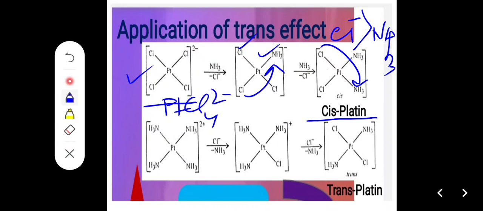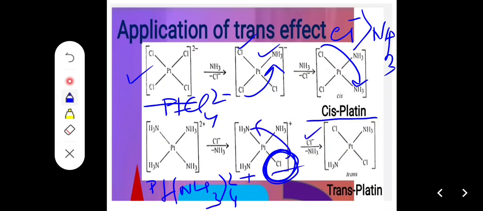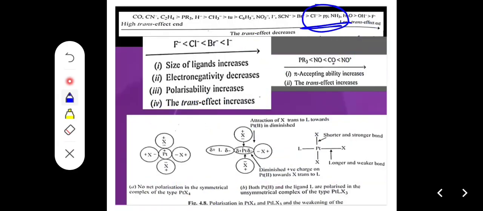Similarly, platinum (NH3)4 2 plus, there should be all NH3. So Cl can be replaced in any site. Now Cl having more trans effect than ammonia. So when Cl comes in, the next Cl should go to its trans position. Cl directs the other Cl minus to its trans position. So we get transplatin. Now this is the trans effect series. That is, this